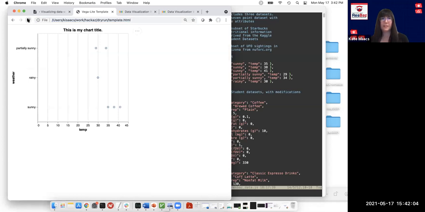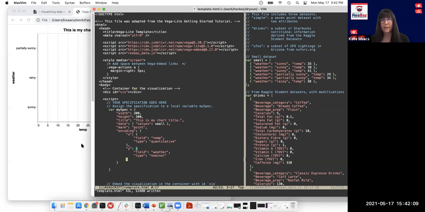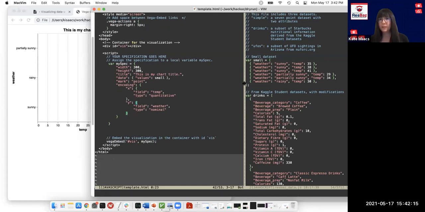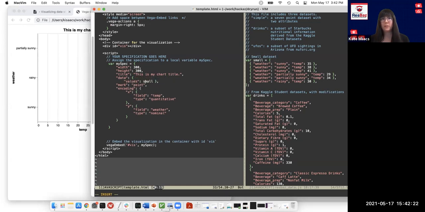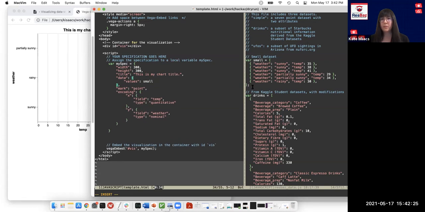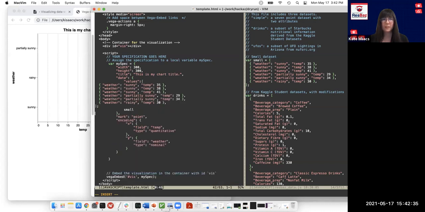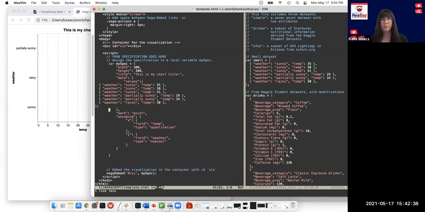I'll reload this. Okay, so basically what's happening now is Vega-lite is reading this specification. It knows it's got these values over here, and it's drawing the chart. Just to make this extra explicit, I'm going to show you that you can do this several ways. I'm going to cut and paste this value list from over here into this document. That's going to be kind of nasty looking because I just cut and paste it, but we'll leave it like that. Oh, and I should get rid of this extra